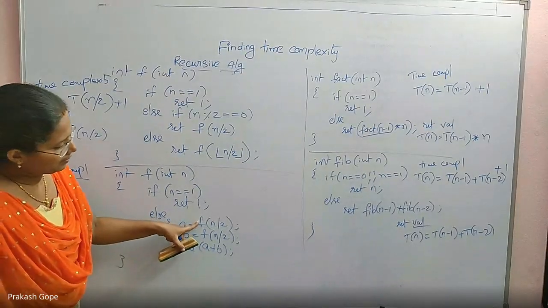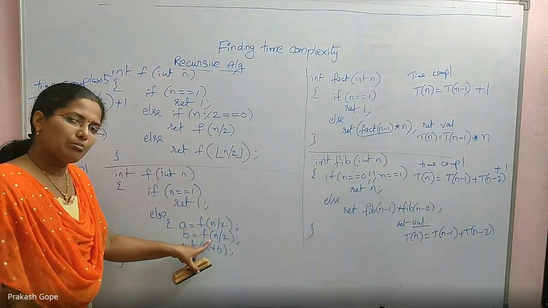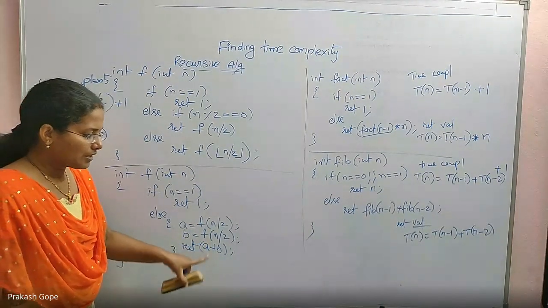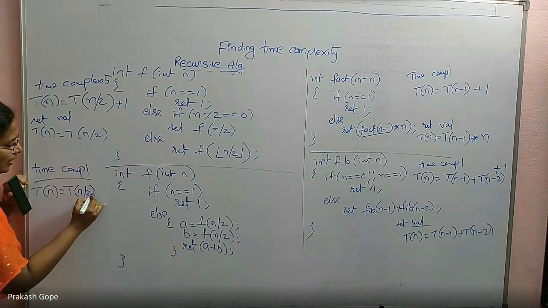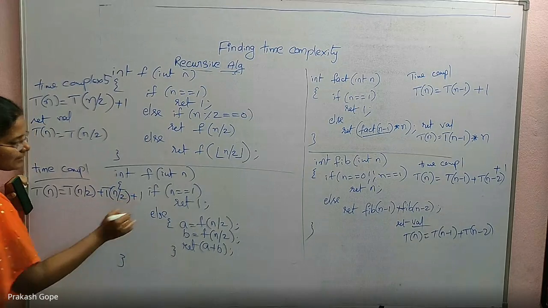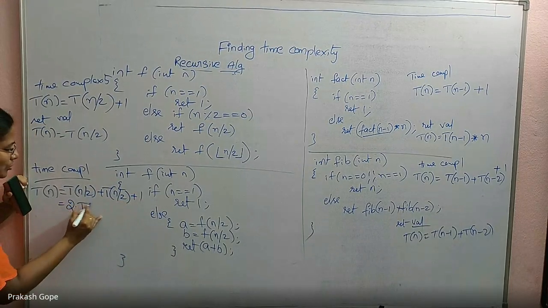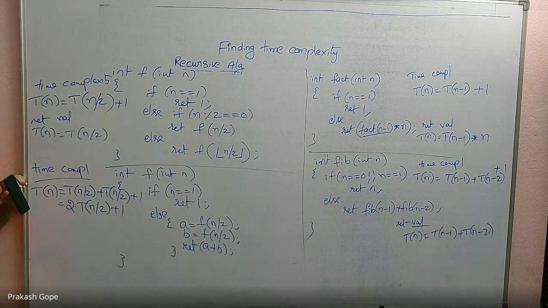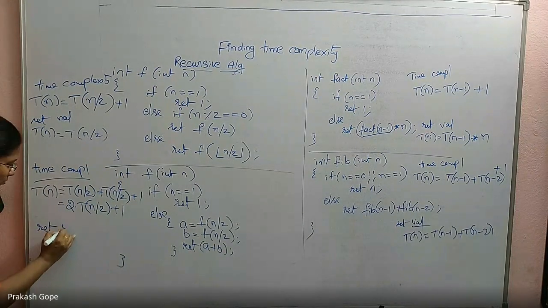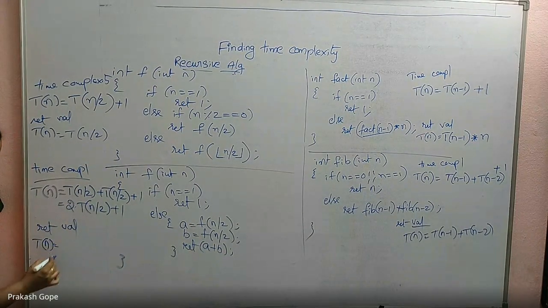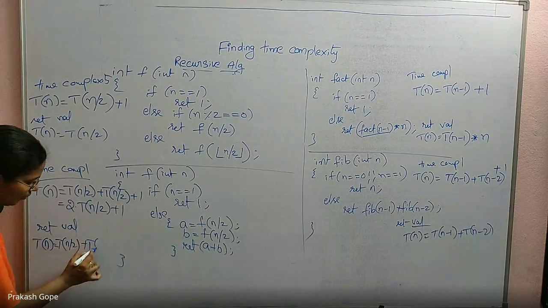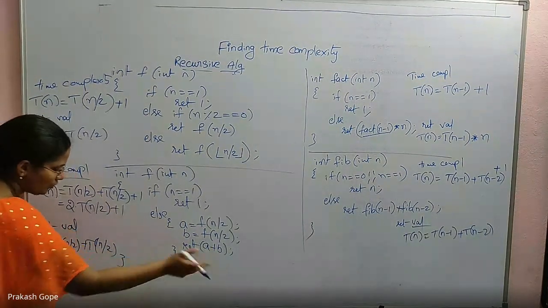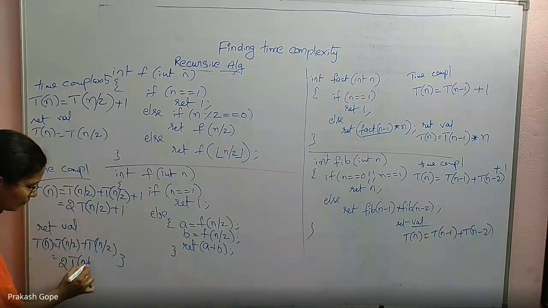So the time taken by the same when n by 2 is passed, plus the time taken by the same when n by 2 is passed, plus some arithmetic operations and return statements. So it is T of n by 2, again T of n by 2 plus 1. So I can write it as 2 times T of n by 2 plus 1. That is the recurrence relation. Now coming to the return value, it is also the same. T of n is equal to, first one is returned, second one is returned. So T of n by 2 plus T of n by 2. You are adding those two values only. So it is 2 times T of n by 2. That's all.